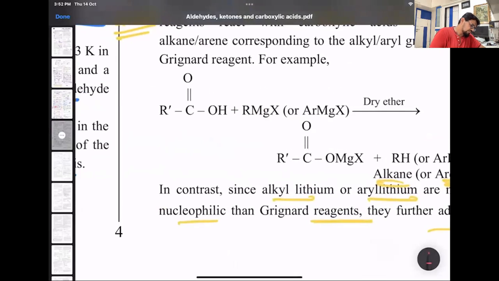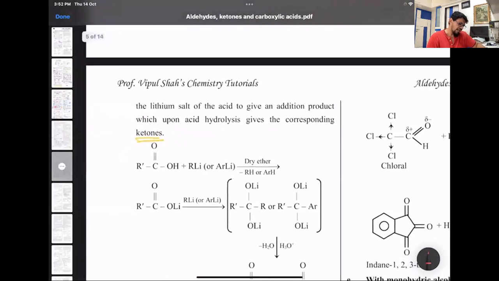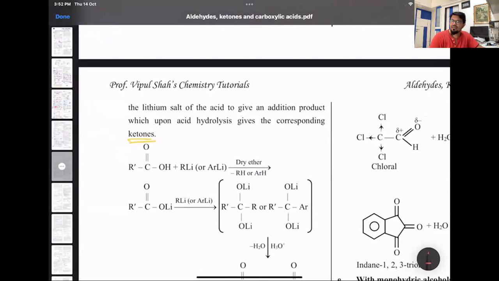The R of the RMgX pulls the H of the acid to give you an alkane, and what remains is the salt RCOOMgX. So remember, Grignard's reagent reacts with water, with alcohols, primary amines, secondary amines, carboxylic acids. R will pick up the H to form its alkane. That's one part. And second, with alkyl lithium, if you react with acids,